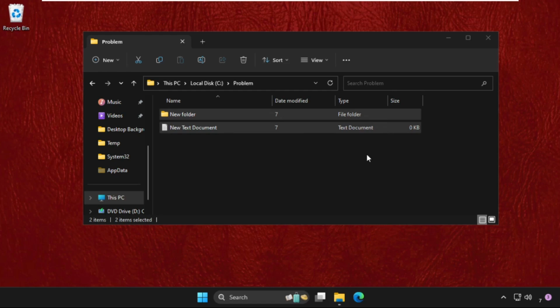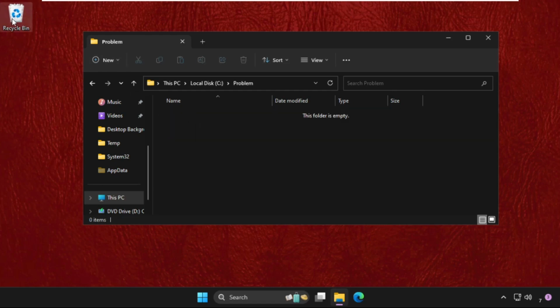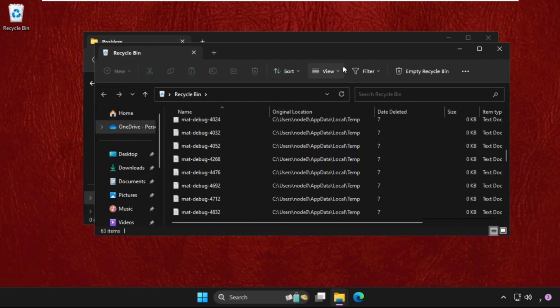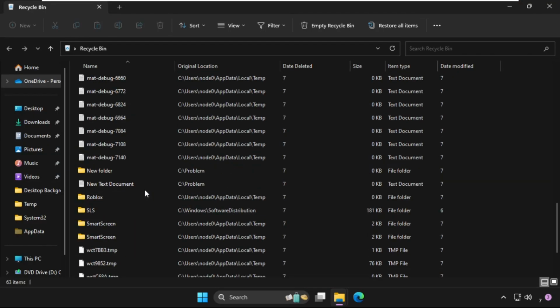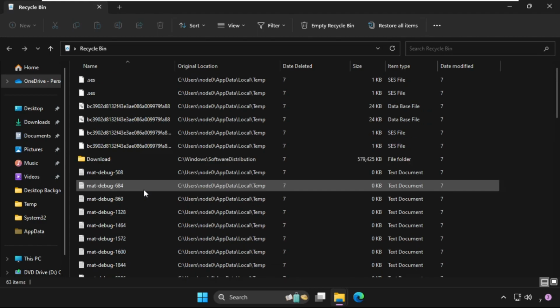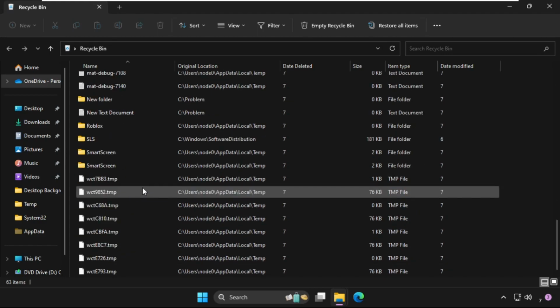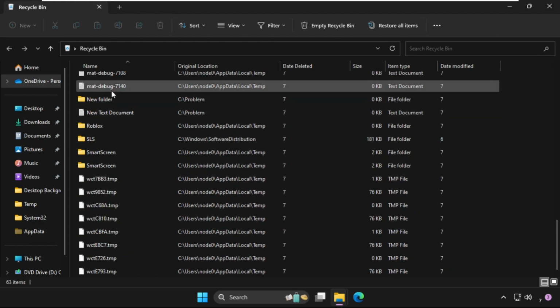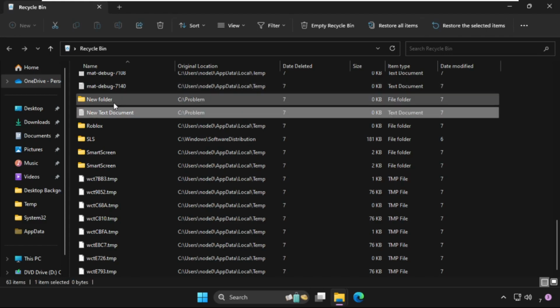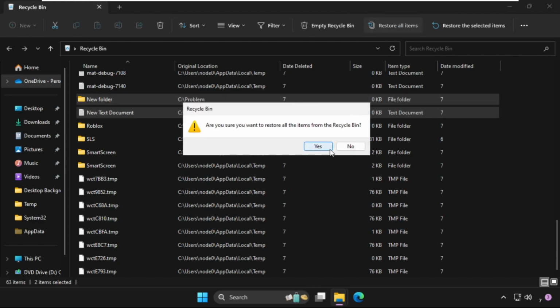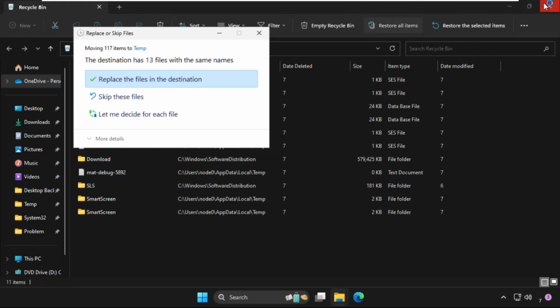And if you normally delete these files, then you will get both files and folders in the recycle bin. So you will get these files and folders here. And if you want to restore them, then select these two files, select this and simply click on restore items, then select Yes, and